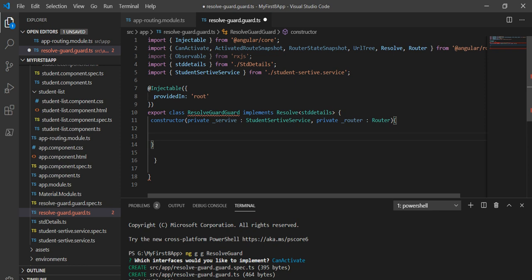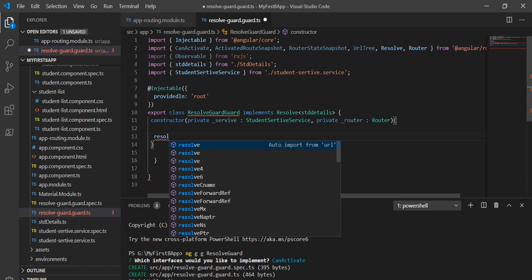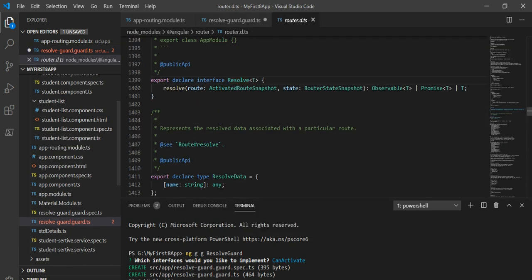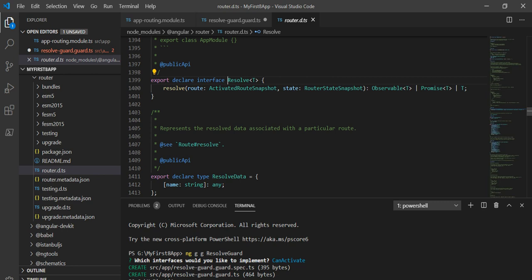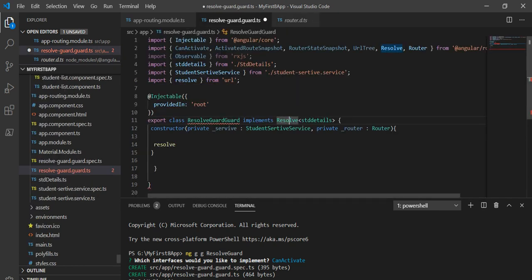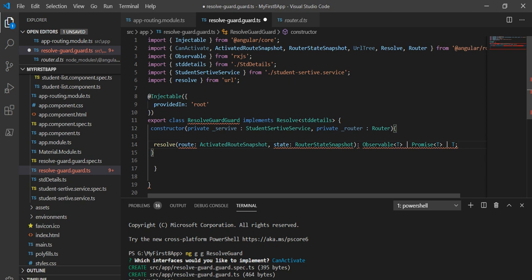Inside this I am going to implement resolve. We can see here, when I go to this with F12, what kind of function we are going to implement in this. If you want, we can copy this fully from here and implement based on this. So that is the function, and what kind of output we are going to return here, we are going to return an observable. We are not going to return a promise from here, so let's remove this promise.